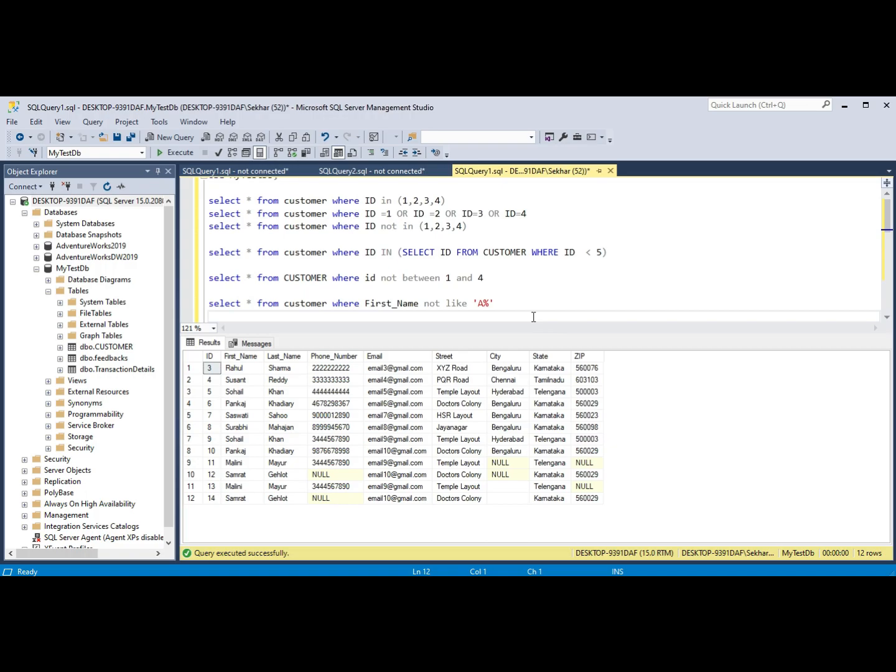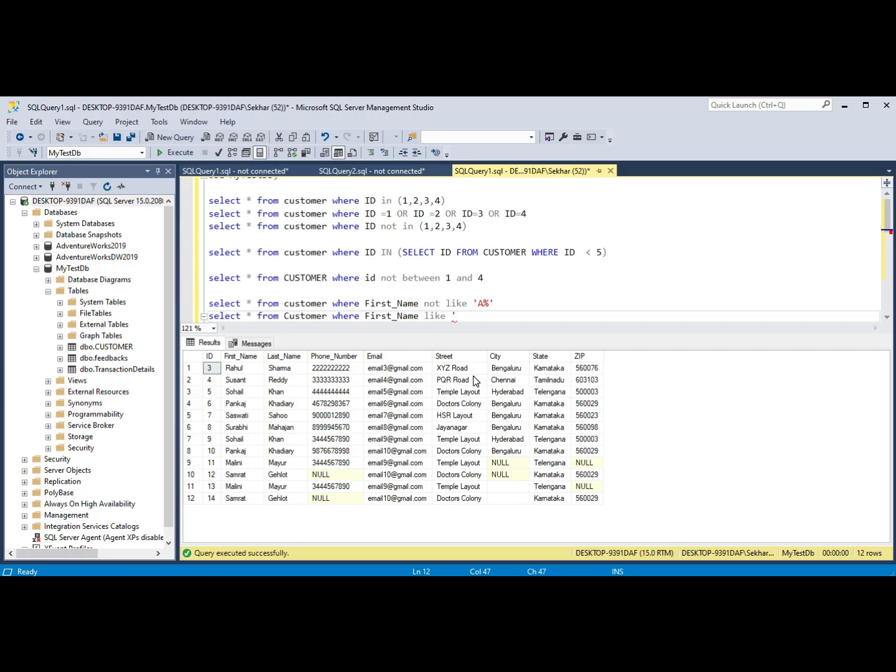Another example, we'll see all the names starting with S and ending with I from customer where first name like.